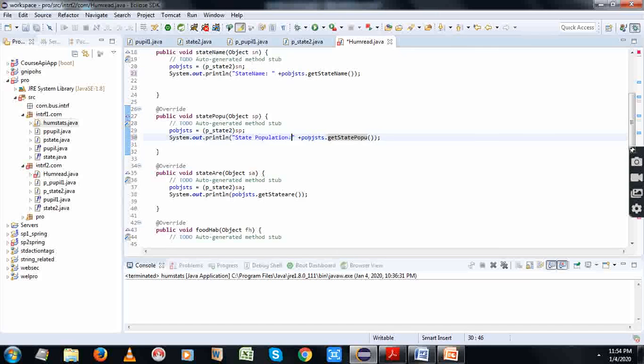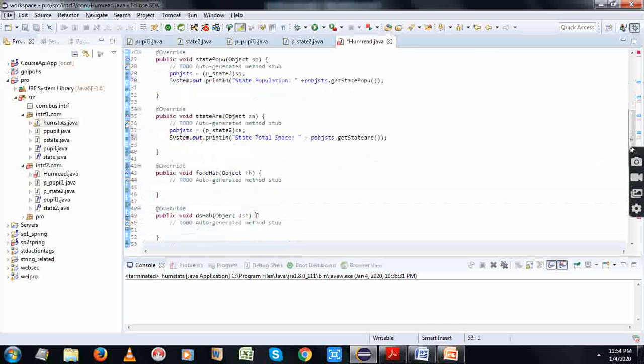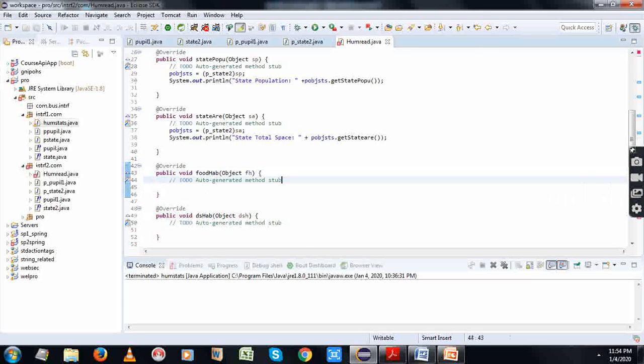Okay, fine. Now we have created and printed the data for a particular state. Now we're going to print it for another two states. So okay, I have done this initially for object 1, people object, and then 1. Here this program does have details of three states. One is Tamil Nadu, Kerala, and then Gujarat. Okay,